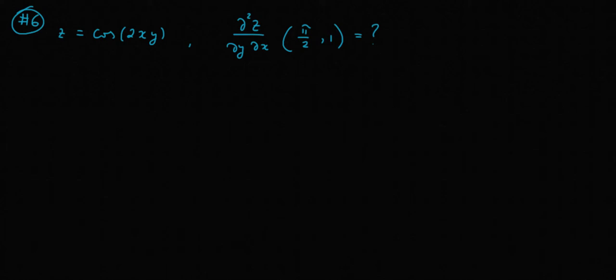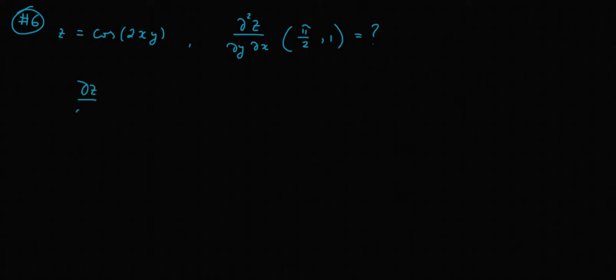In problem number 6, we need to calculate the second partial derivative of the function z, where z equals cosine of 2xy. The second derivative of this function with respect to x first, and then with respect to y. We are asked to calculate the value of this partial derivative at the point x equals pi over 2, y equals 1. Okay, so let's begin calculating this partial derivative by calculating the first partial derivative